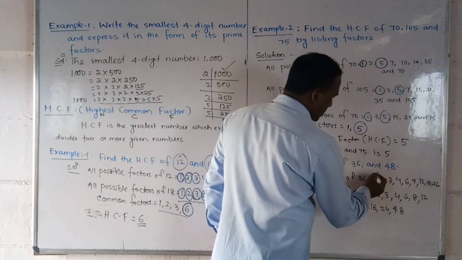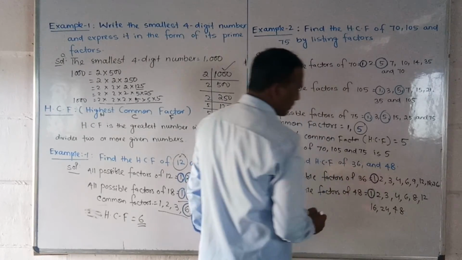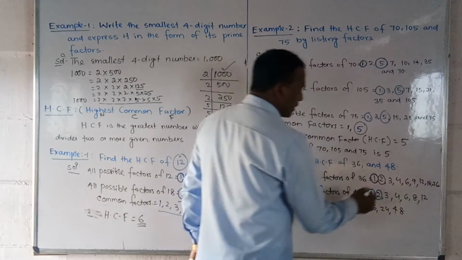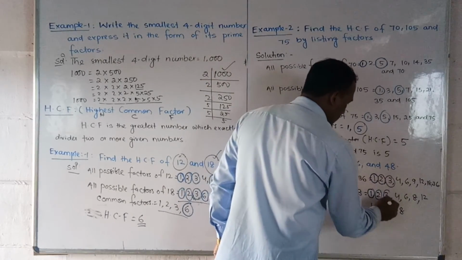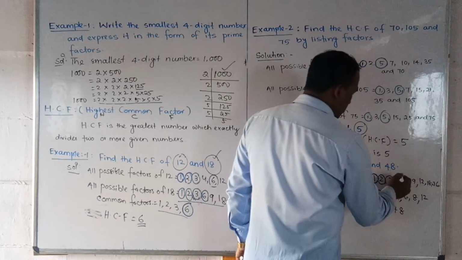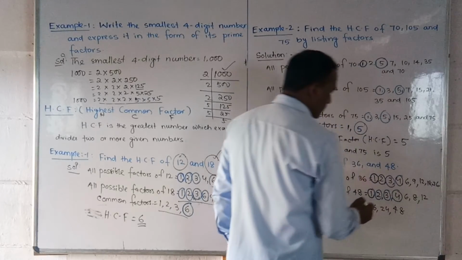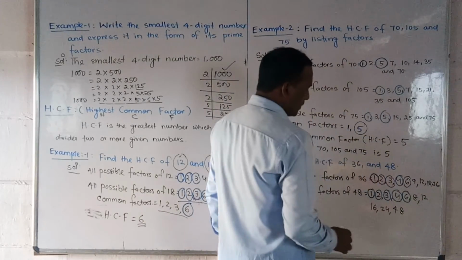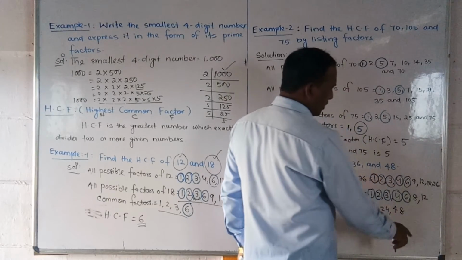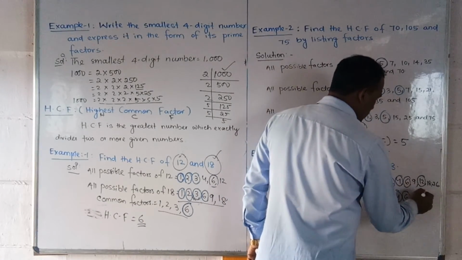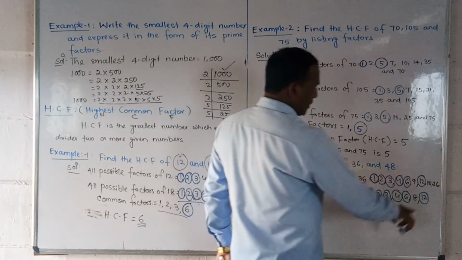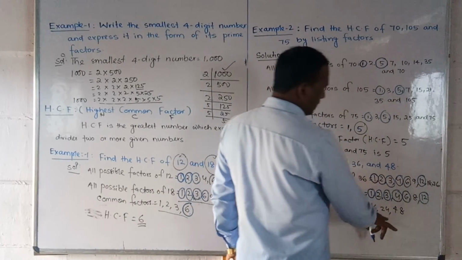First of all, 1 is there here, this is 1. Here 2 is there, this is 2. Here 3 is there, it is a 3. 4 is there, yes it is a 4. 6 is there, it is a 6 also. Here 9 is there, here 9 is there. Here 12 is there, here 12 is there. Here 18 is there, here 18 is there. Here 36 is there, here 36 is not there.